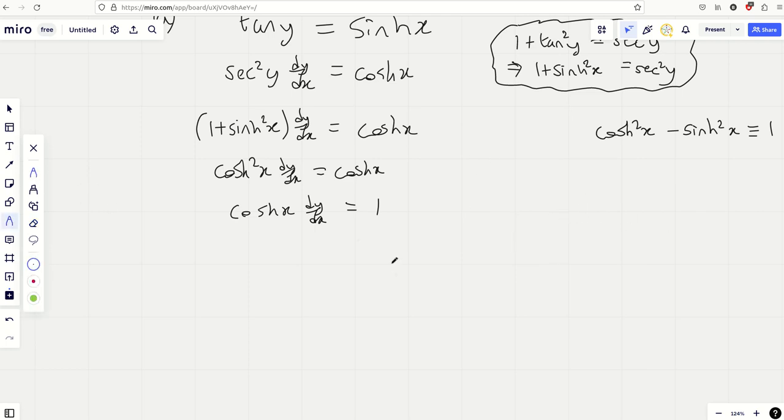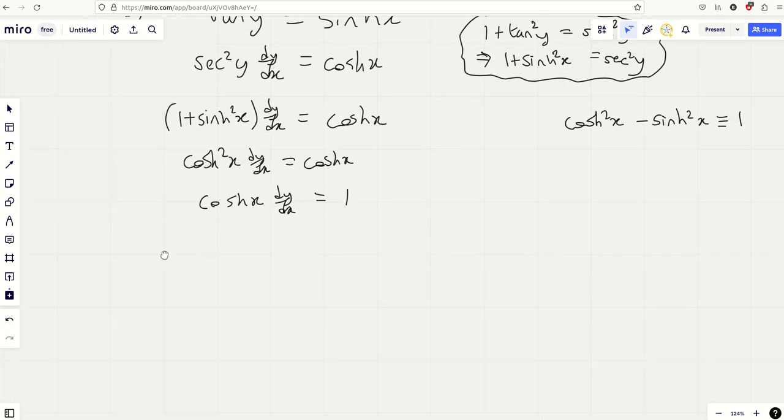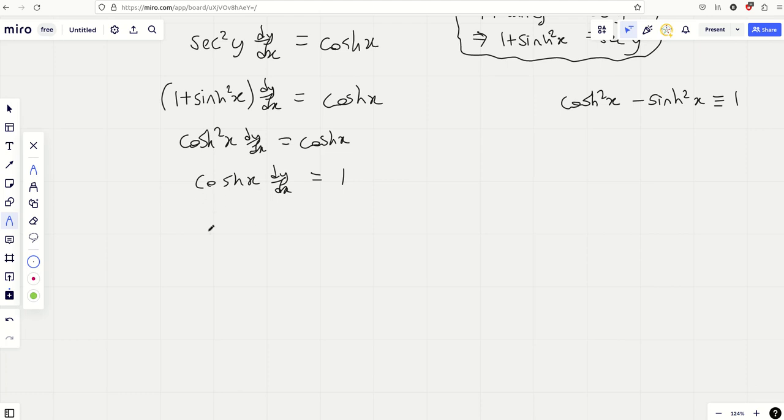Okay, so I got this, and I thought that's much easier to deal with. I could have taken the cosh x onto the other side, but I thought, no, I'll just do product rule and differentiate cosh x, I get sinh x, times it by the other side undifferentiated. Notice I don't have to worry about attaching dy by dx's now, because everything's functions of x. And then I differentiated this, that's going to give me with respect to x d2y by dx squared, and I times it by this undifferentiated, and then I differentiated 1 and it went to 0, yeah? And I thought I'll quickly rearrange this to make it d2y by dx squared cosh x is minus sinh x